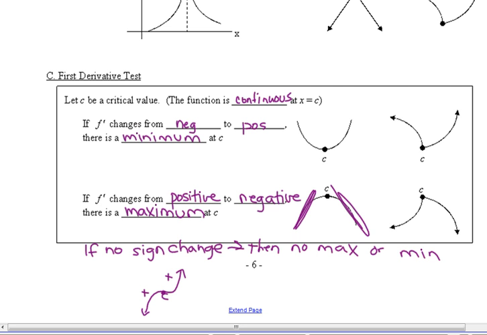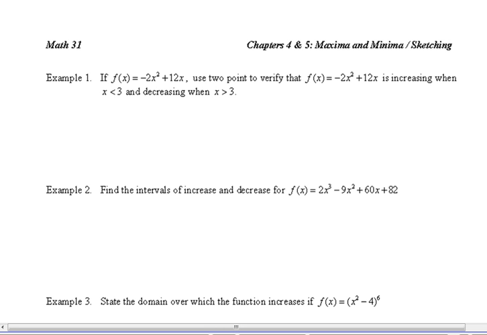Okay. So if our equation for f of x is negative 2x squared plus 12x, use 2 points to verify, guys, that our function is increasing when x is less than 3 and decreasing when it's greater than 3. Okay, so what tells us increase or decrease? It's our derivative, which is